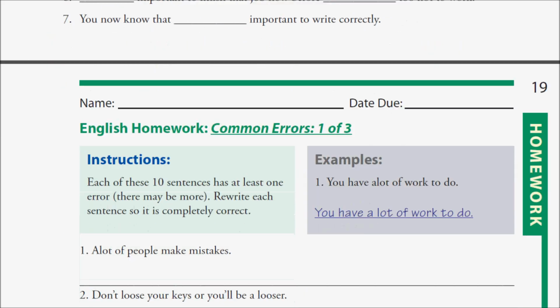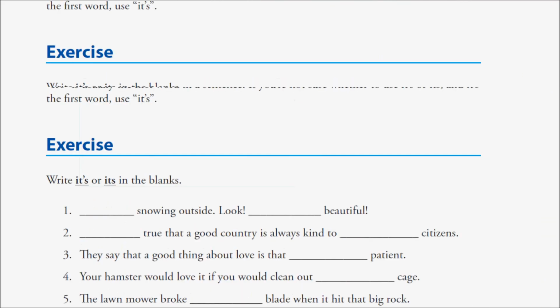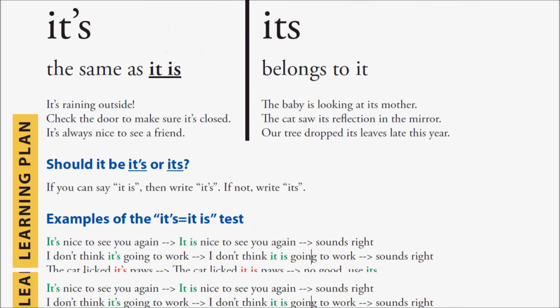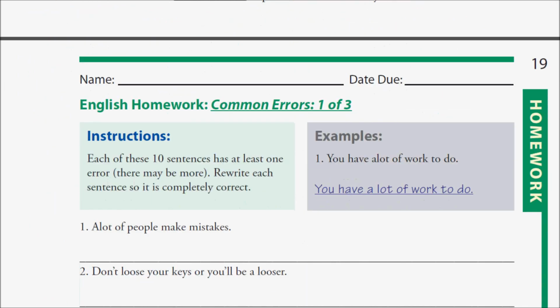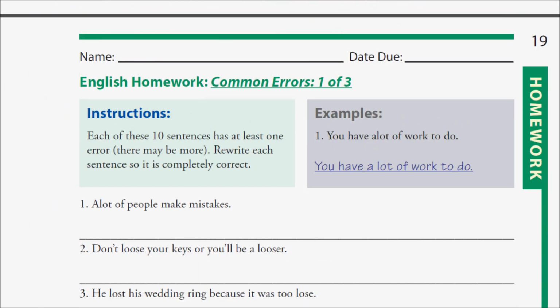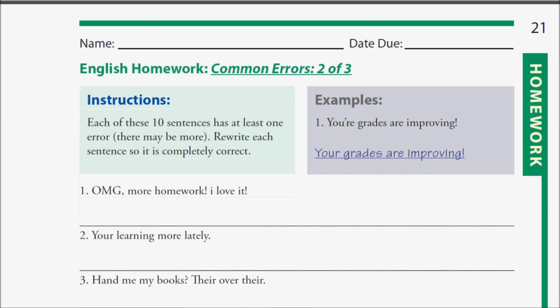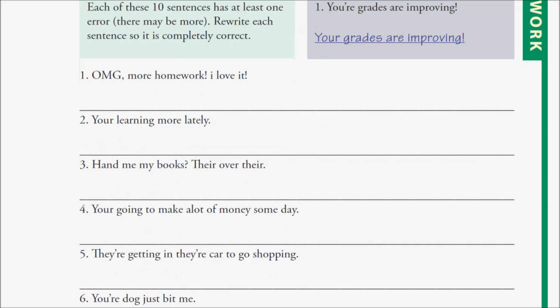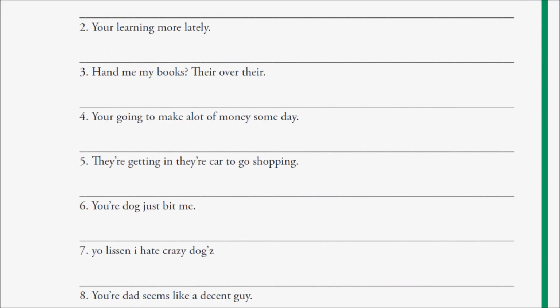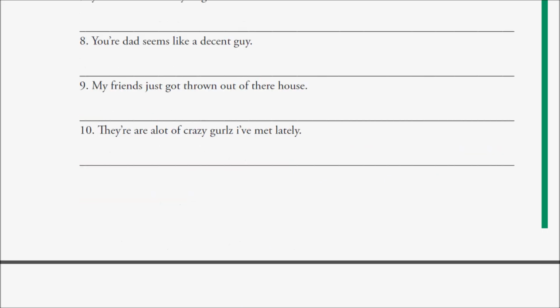Here are some homework assignments. There's 3 of them. You can certainly refer to all this stuff in this booklet. Just do these 3 homeworks. They go basically in order of what was covered in the booklet. You're just going to take these sentences and rewrite them so they're correct. In all these homework assignments, every single one of these sentences has at least 1 mistake. And you have to find the mistake and rewrite the sentence so that it is correct. Remember to use end punctuation.